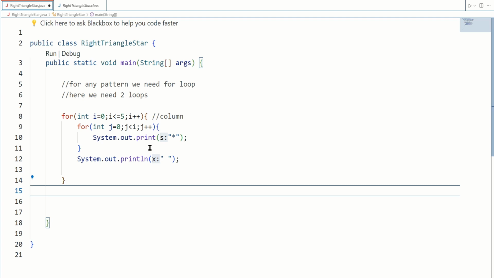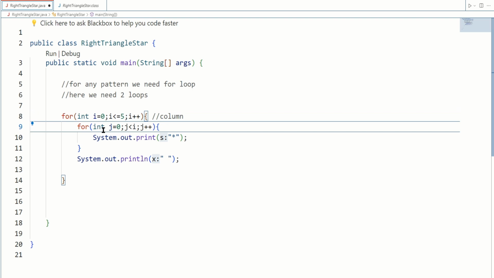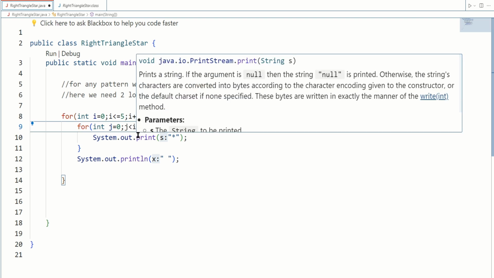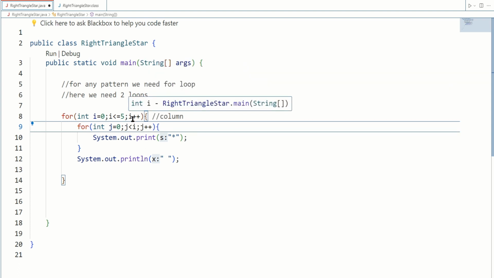Now first of all I will explain the code line by line. Like here you can see the i value is 0. Now this will enter the loop, so here the j value is also 0, but is j less than i? No, it is equal. So this loop will be terminated and i's value gets incremented. Now the i value will be 1, and also the j value will be